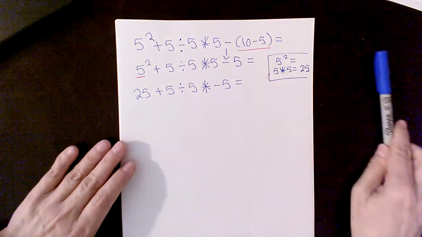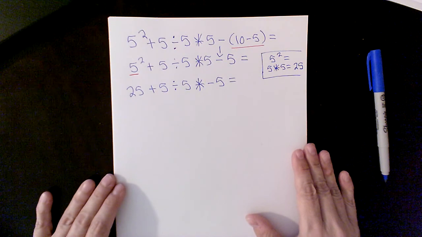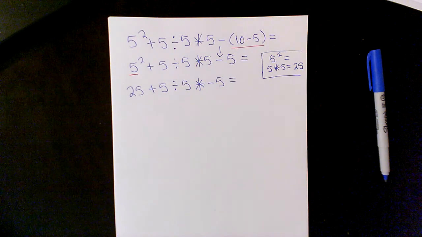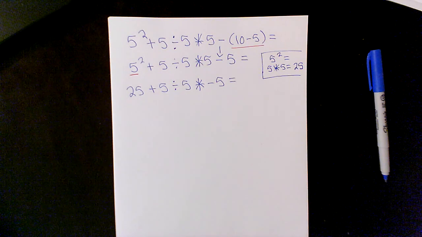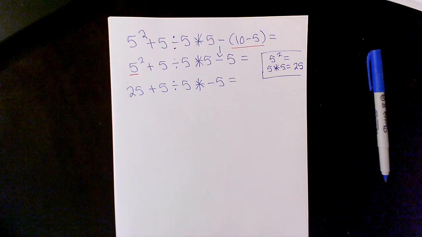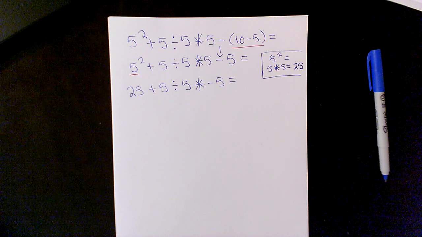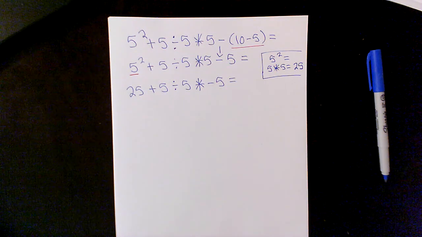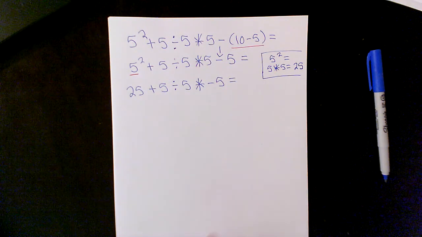And I'm going to put my equal. So if you need to pause and go back and look at the 3 steps I just did, you can always pause the video and go back and rewatch if you get stuck somewhere. So if you're good,